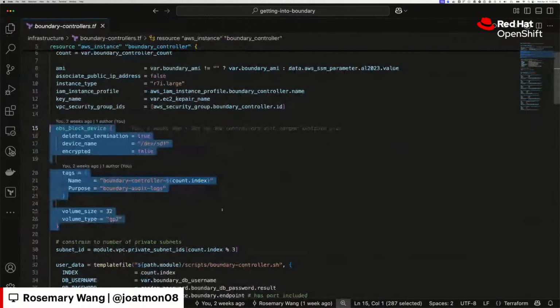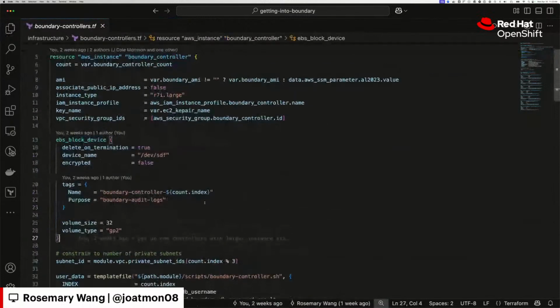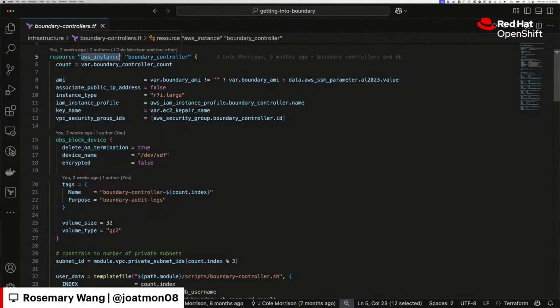But the thing that you're going to need to do for a provisioned VM is twofold. The first is you need to define whatever device you're mounting to the provisioned virtual machine. So in this case of AWS, I need to define an EBS block device. That's part of the AWS API. Any other cloud service provider also tends to have a volume or a block device or some kind of definition you include. If you're not familiar with Terraform, you'll have a resource, which is the API resource, and then each of these attributes are like specs as part of the API.